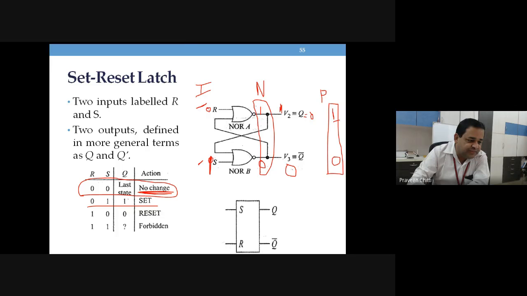So always you will be getting Q output as 1, and this state of the latch is called as what? Set. Q equal to 1 sets the latch. Is that clear? Now similarly,